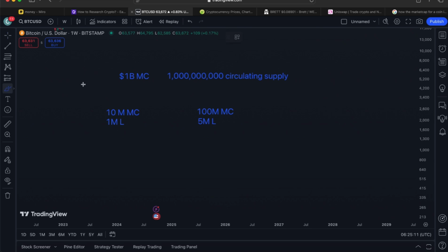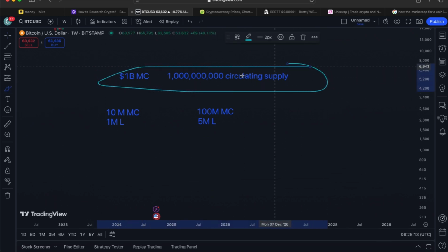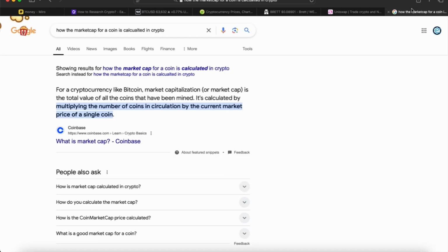But this is trash. Why? Because you just sold one coin here, not 999 million. And this is why liquidity matters more than anything, because this is more like a reference thing. And look at the